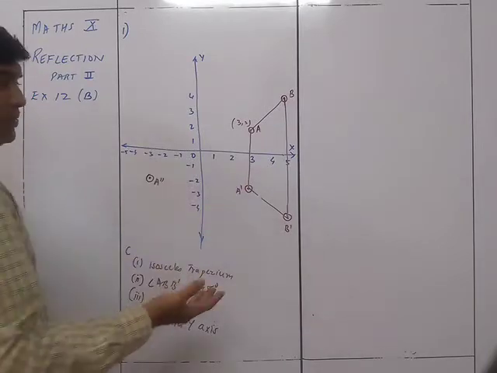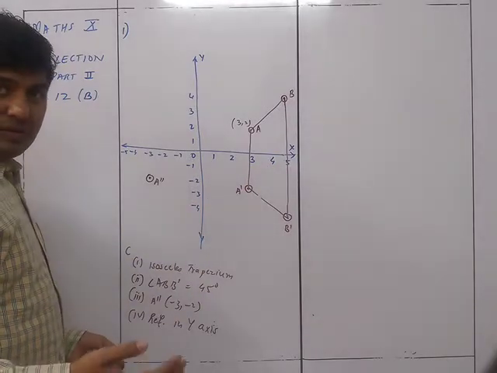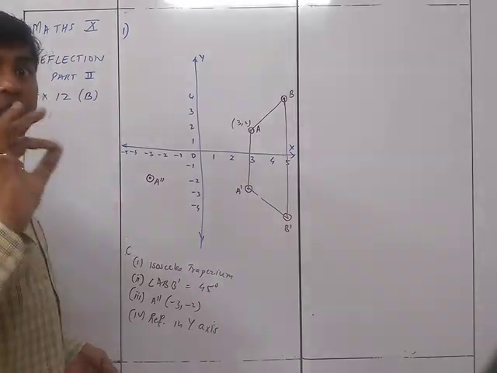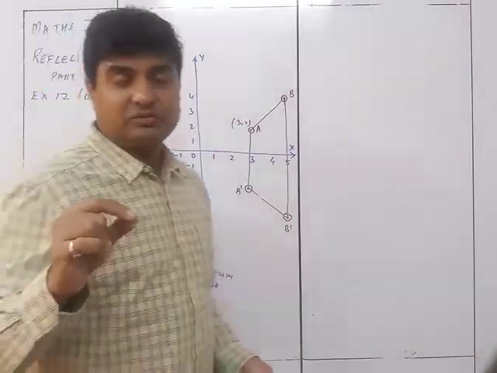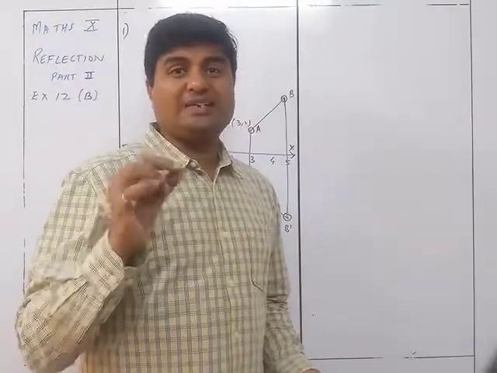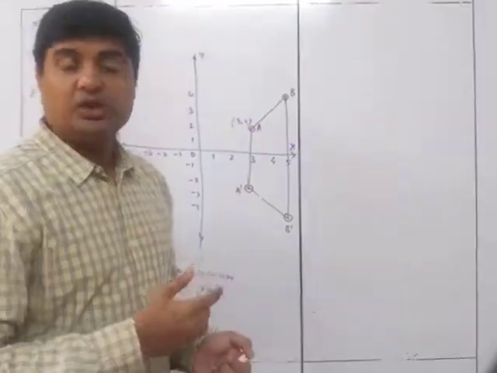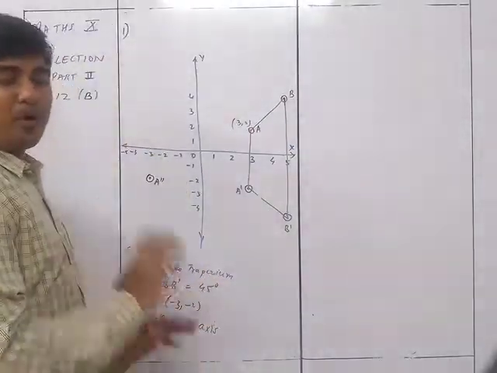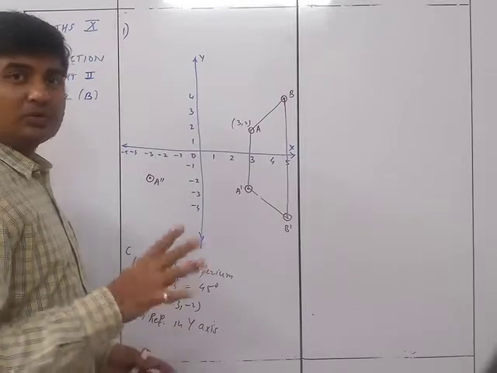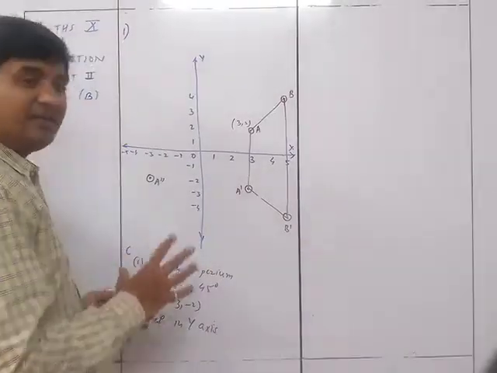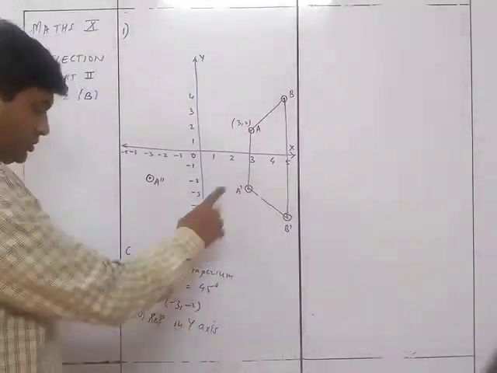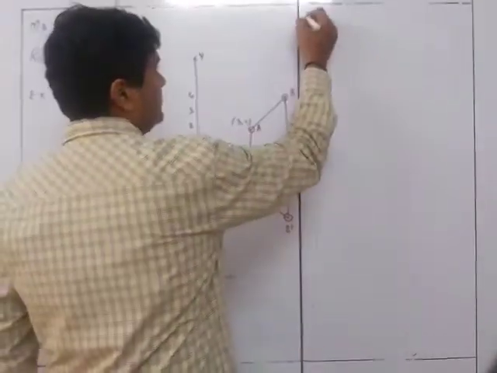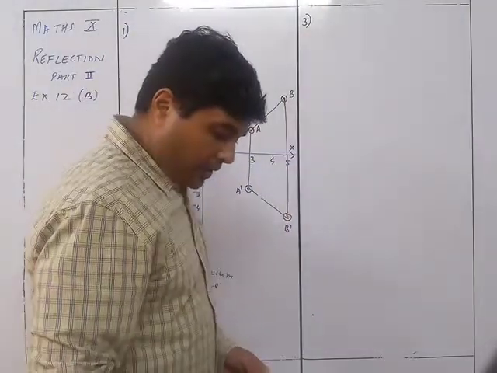This is how we are going to do it. Very, very simple. Imagine this is going to fetch you 4 marks. Okay, it's a 4-mark question. Normally in the compulsory section, question number 4 part C is normally such a question. So it's very, very important that you understand this properly, because these 4 marks are like a lottery, easily available. Okay, so this is question number 1. Let's move on to question number 3 now. So question number 3.